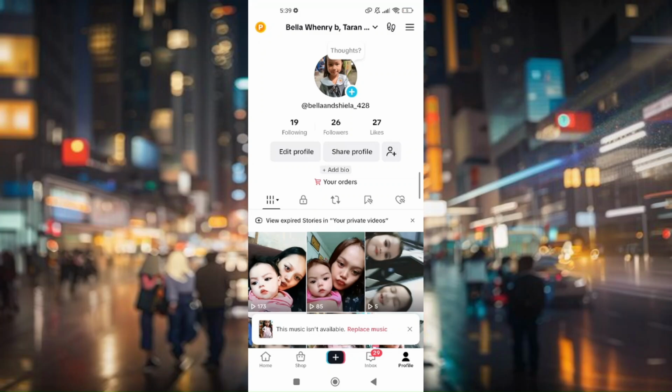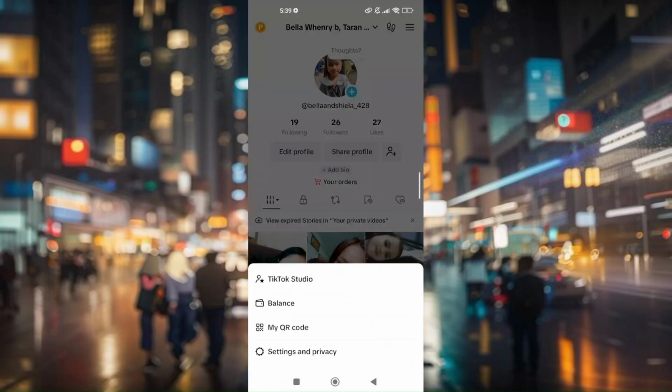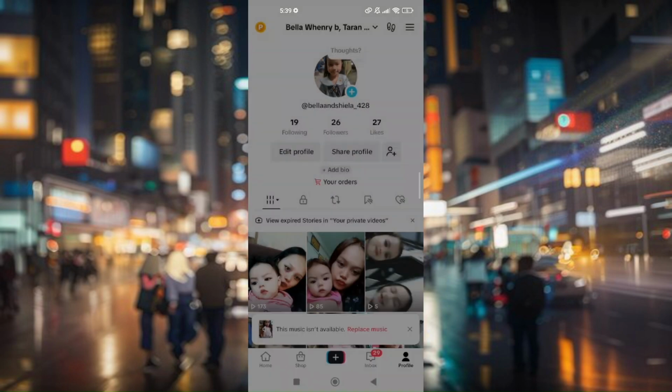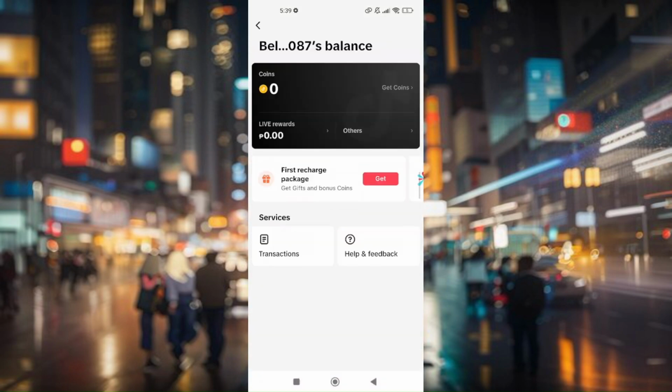Now in your profile, just simply tap on the three lines at the top right portion of your screen and go to balance. Now in here, if you are eligible to have the TikTok Paylater, your balance should be able to show here under coins. Now, for you to withdraw it to your Gcash, go to Live Rewards,